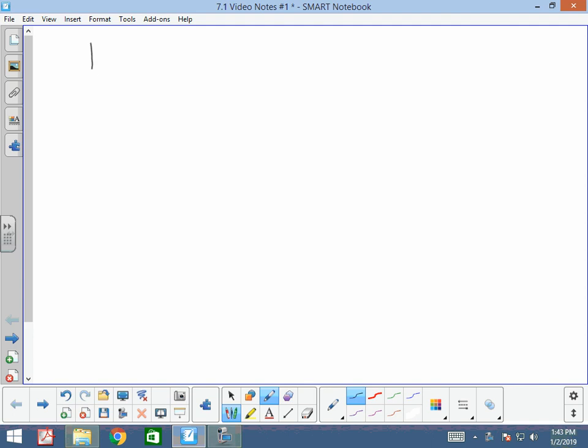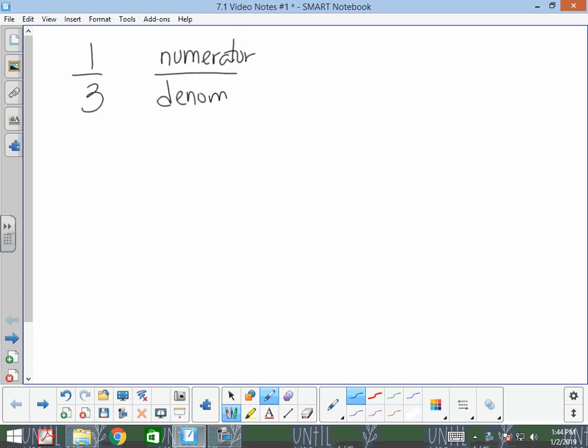Any number can be made into a fraction. Okay, 1/3 is already a fraction. I want you to remember that a fraction has a numerator and a denominator. Okay, any number, any real number can be made into a fraction. For example,